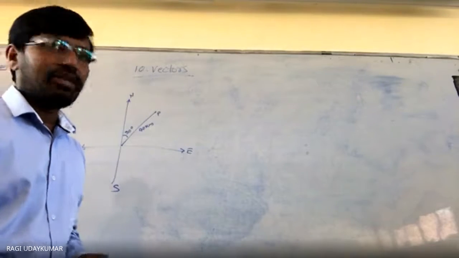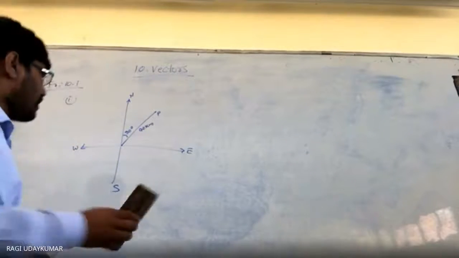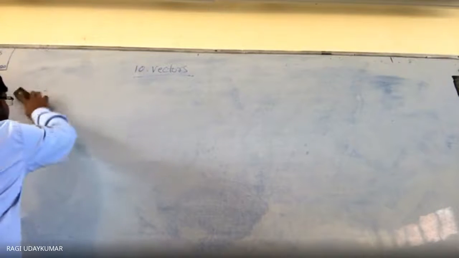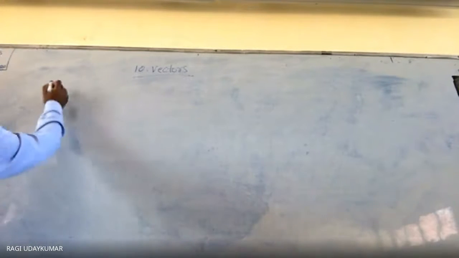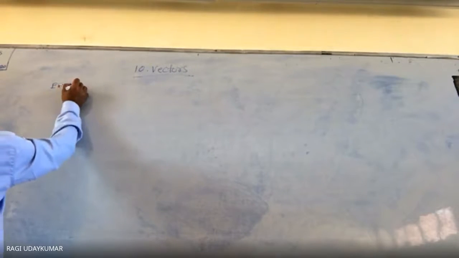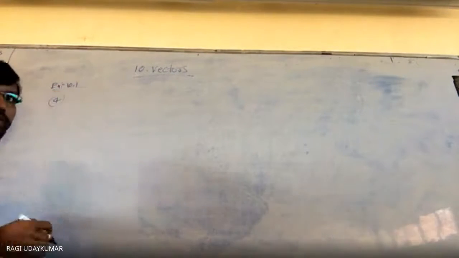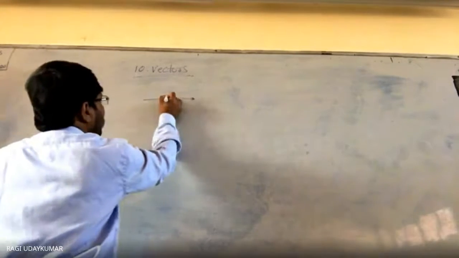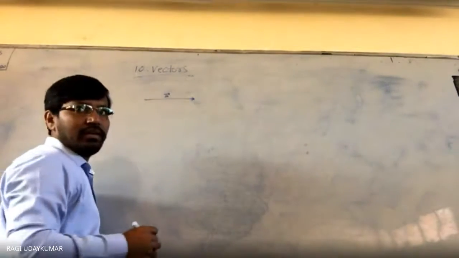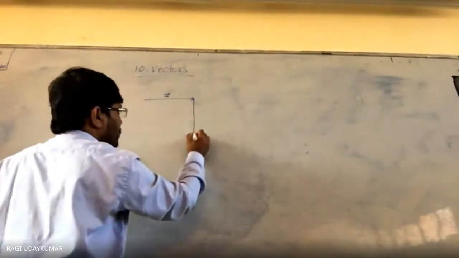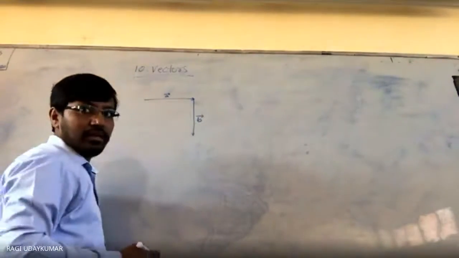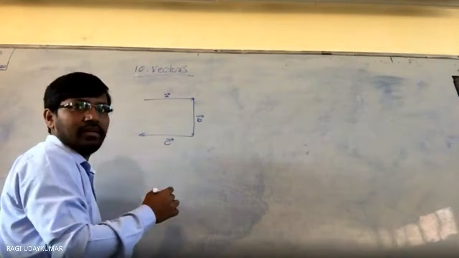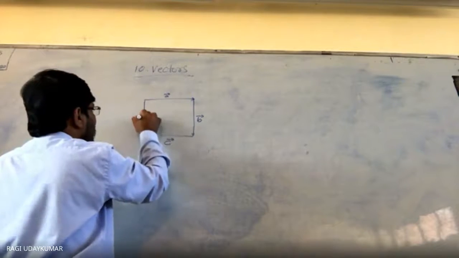Next question is given to you. The figure is given to you. The fourth question. Oh, sorry. So, for this A bar, this is the A vector, and from here to here the B vector, here to here it is the C vector, and here to here it is the D vector.